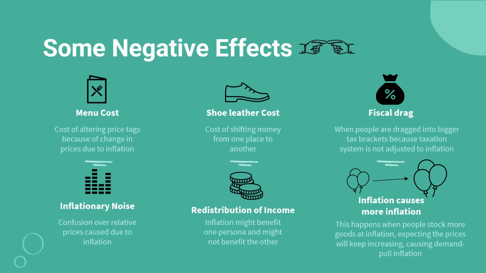If I am producing 50 units at $10, my revenue is $500. The tax bracket between 0 and 600 means people don't have to pay any tax, 0% taxation. But now due to inflation, the $10